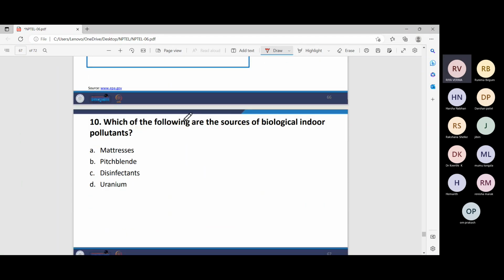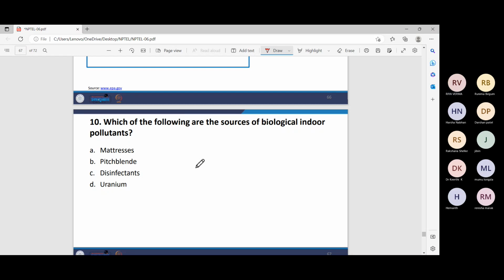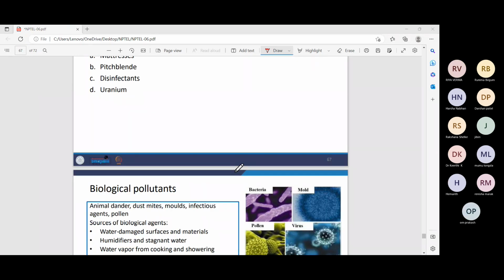Next is, which of the following are the sources of biological indoor pollutants? First is your mattresses, next is your pitchblende, then you have disinfectants, and then uranium. Which of the following sources will have biological indoor pollutants? Anyone? Disinfectants, no? Disinfectants, these will have more of VOCs, not the biological pollutants. Basically, let's see. Mattresses, no? Yeah,